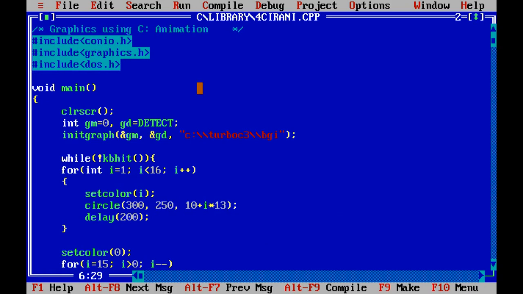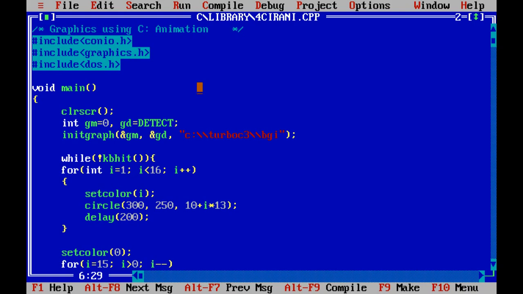This program draws several circles. Circles are concentric, and they appear at different times, animation like. That means a screensaver-like output will appear.